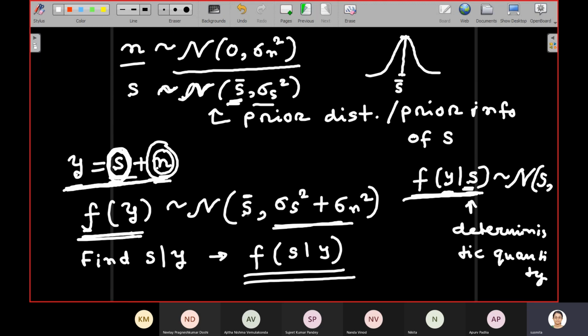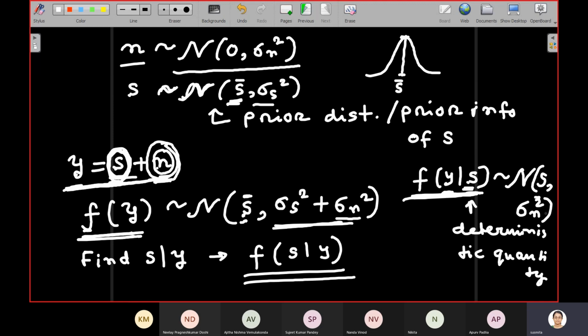Note the difference between this one and this one. Here it is S bar, here it is S, because S is treated as a given quantity. The S value may not be the same as S bar. How about the variance? The variance will come only from that portion which is random. We know that the only random variable now here is N, correct? So the variance is determined only by N, and we know that variance of N is this one. So the second entry will be sigma n square.